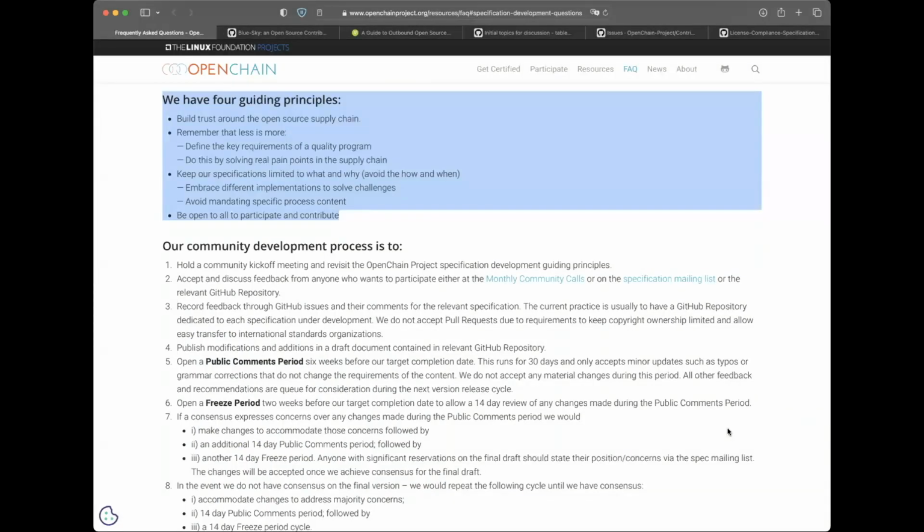And I hope it sets the context for how we work at a very high level and why we do it. Because otherwise we'd end up with extremely, very, very long standards that would be extremely normative and therefore would only apply to a very small subset of the tens of thousands of companies in the supply chain.